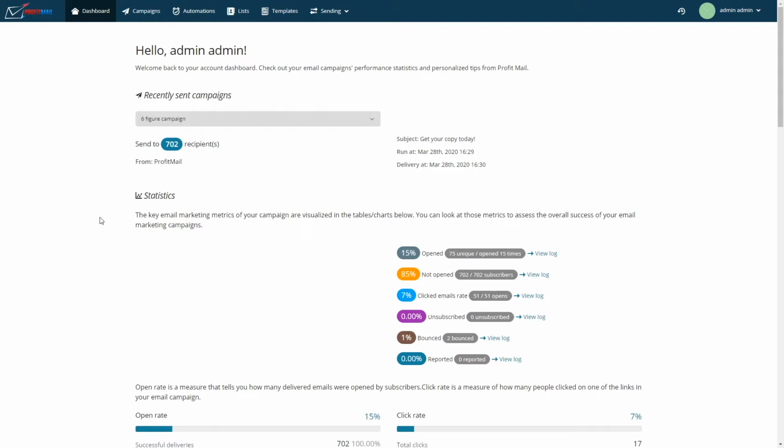So all in all, ProfitMail is an amazing tool that you can use to increase your email list, create amazing automations, gain subscribers extremely fast with our opt-in forms, and have even done for you